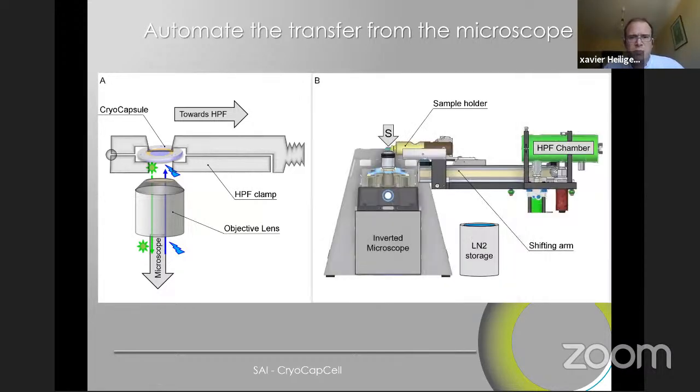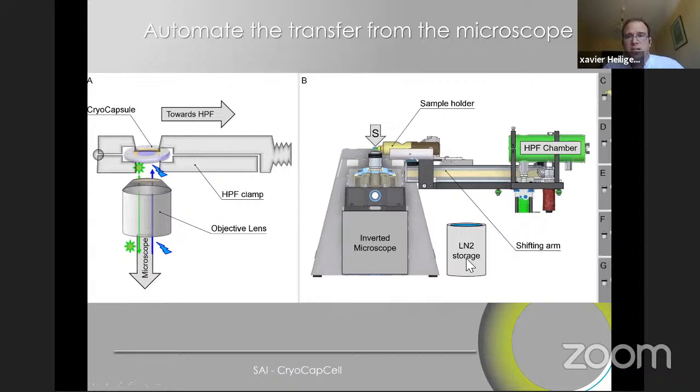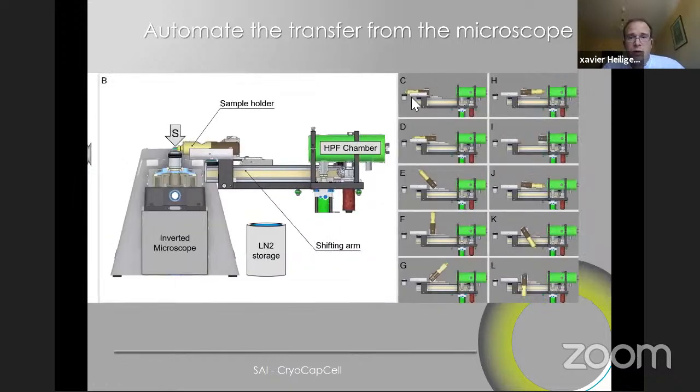So what we want is then to be able to have the sample holder standing just right above the microscope lens, and then at a given time, transfer the sample into the HPF chamber before storing it into liquid nitrogen. So technically what you would see is the sample is observed, and then you just say, okay, I want to freeze it now. You click a button, the sample is retracted, rotates progressively, enters the HPF chamber, and then HPF is done. Once this is done, we release the sample and we store it into liquid nitrogen.